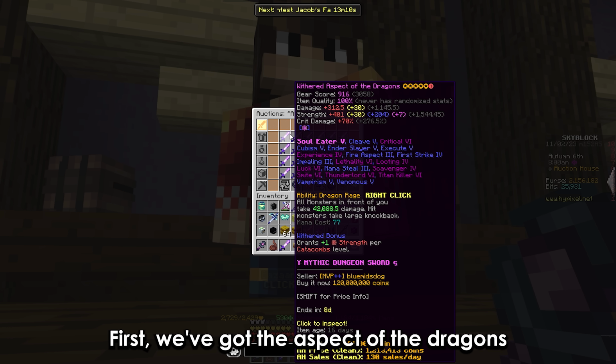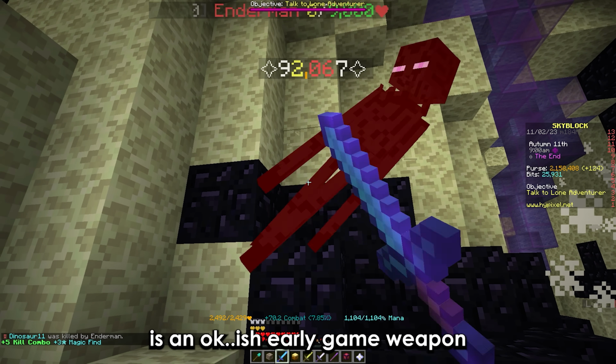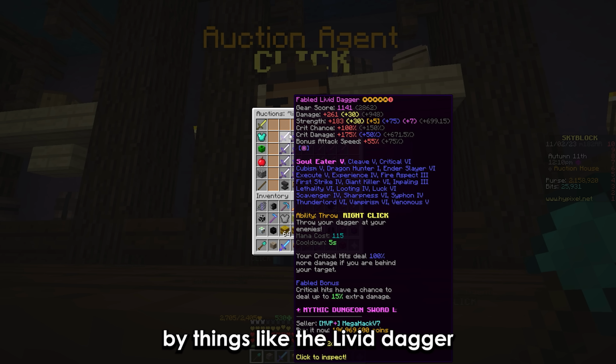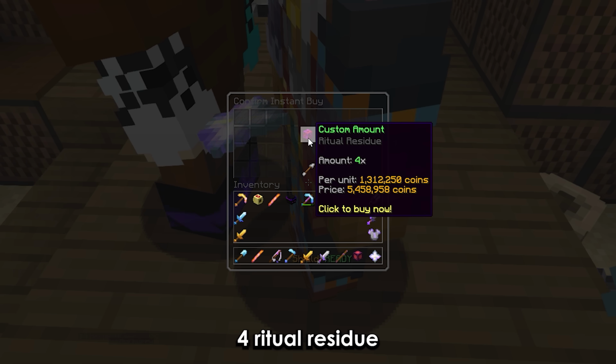First, we've got the Aspect of the Dragons, dropped from, you guessed it, gambling. Now on its own, the AOTD is an okayish early game weapon that gets quickly outclassed by things like the Livid Dagger, but combined with an item called the Dragon Fuse Glove, which can be crafted by using 4 ritual